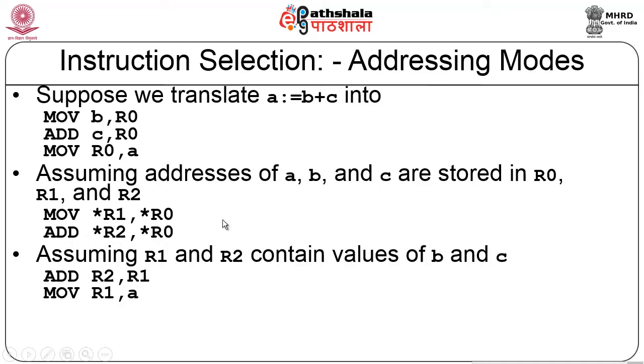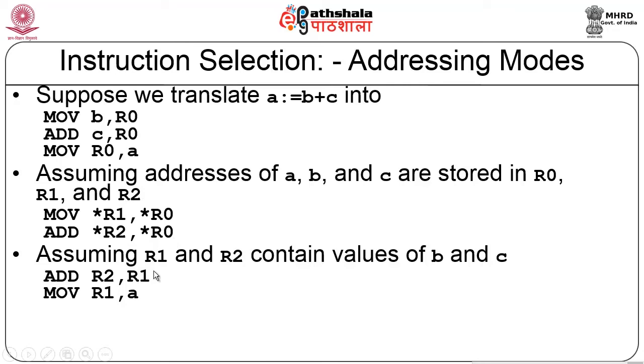What am I doing here? R0 has got a, r1 has got b and r2 has got c. So I will simply say star r1 is moved on to star r0, because anyway I am going to rewrite a, so I can reuse the register corresponding to a, which is r0. Then I am adding r2 with r0, that is r1 has got b, r2 has got c. I can use these two, add them and compute into r0 back, that is what I have done here. So r0 is assumed to be held by a, but it is now removed of that, because anyway I am going to recompute a with the value of b plus c.